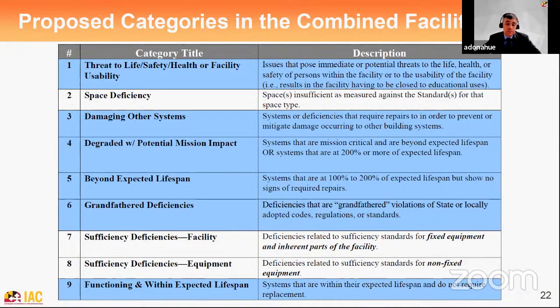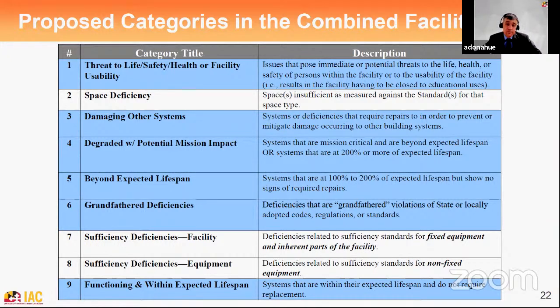Items that are old but functioning reliably often have little or no negative impact on teaching and learning. But an overcrowded space or a failed ventilation system can have a huge and immediate impact. For this reason, the assessment is configured with 9 categories or buckets so that we can categorize every deficiency, whether it is one of condition or one of educational sufficiency, by its relevancy to the delivery of education. This allows the state to get a grip on the huge and complex world that is the statewide portfolio of